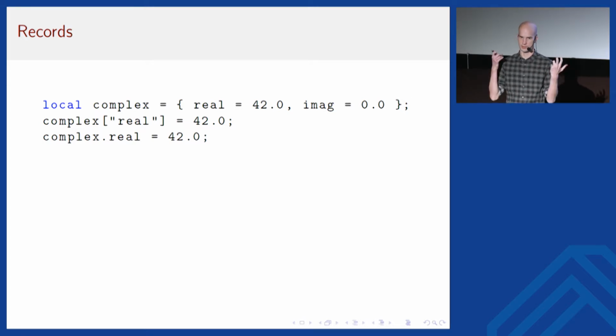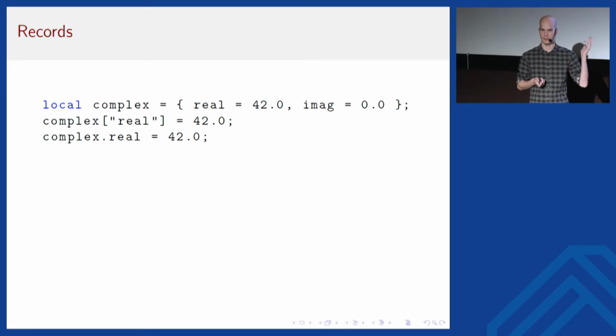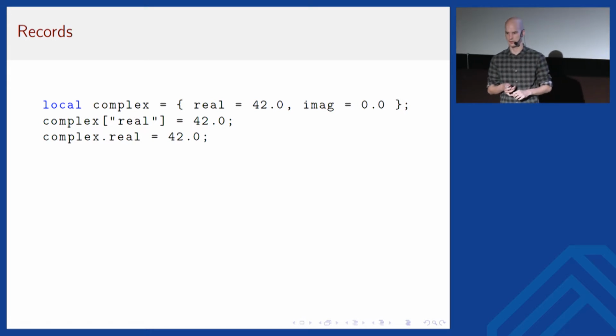These are really just string keys. The string real refers to the value for the real part. But since that is a bit cumbersome to write, as you see in the second line here, Lua allows the syntactic shortcut that you have at the line below. But this is just syntactic sugar. Those lines are otherwise completely equivalent. So whenever you read table dot something, that means that the something is interpreted as a string key for the table lookup in this case.